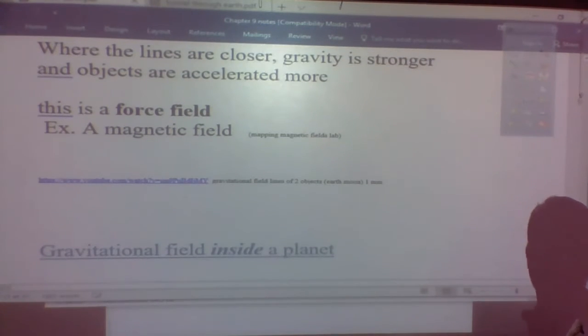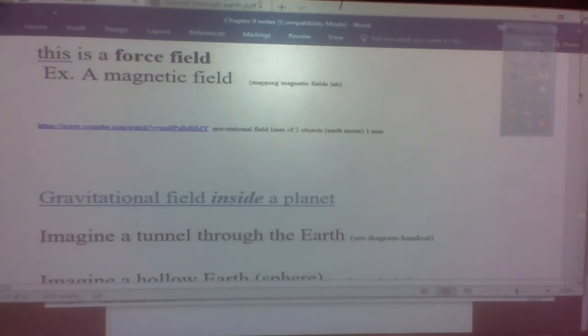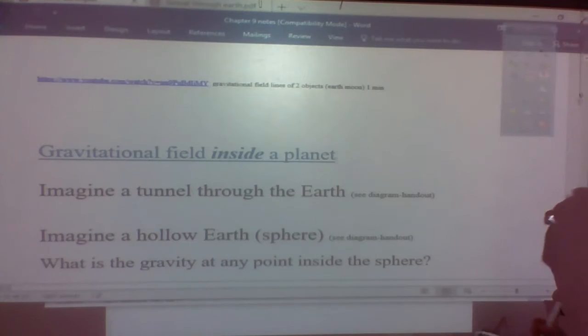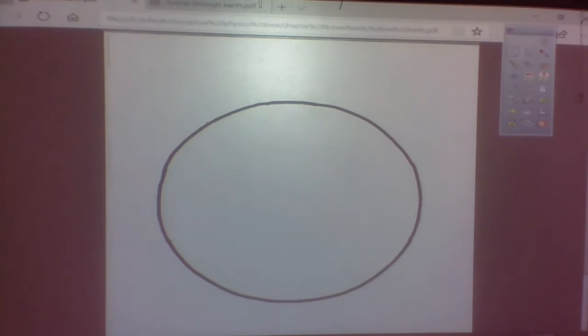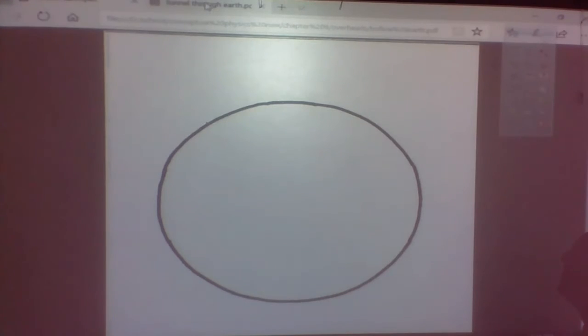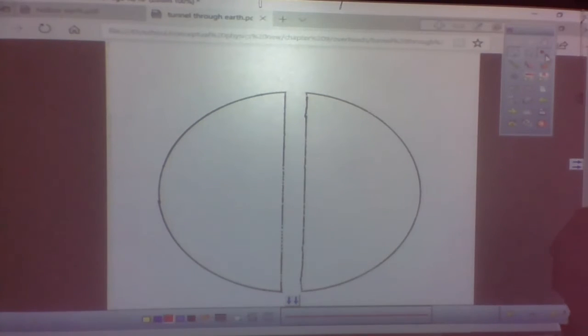But what I want to know is, if we are inside a planet, what the gravitational field will be like. So what we're going to look at is going through a tunnel through the Earth. So I'm going to take a diagram here, and I don't think you have a copy of this, but I'd like you to imagine a tunnel through the Earth. If you want to make a sketch, I don't know if I gave you this or not, probably not. If you have a tunnel going through the Earth,